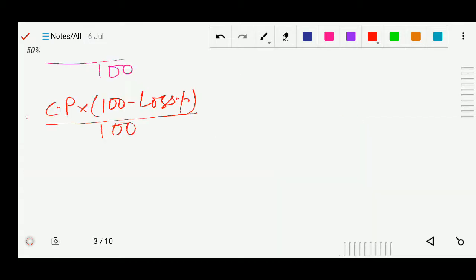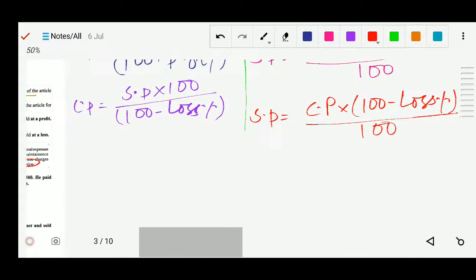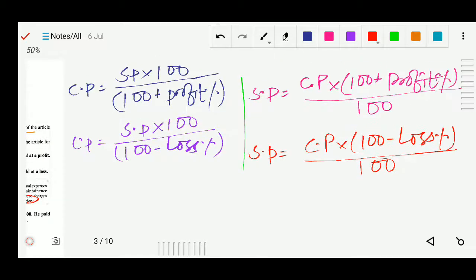So this is your formula. Please write it down in your copy and please remember this one. I will use this formula also. So for the cost price and selling price, here you can see for the sale, if there is a loss, minus, we are subtracting; if the profit, plus. Okay, so now we will solve our exercise. So we will use this formula. And also you should know profit is also called gain. Profit and gain are both the same term.